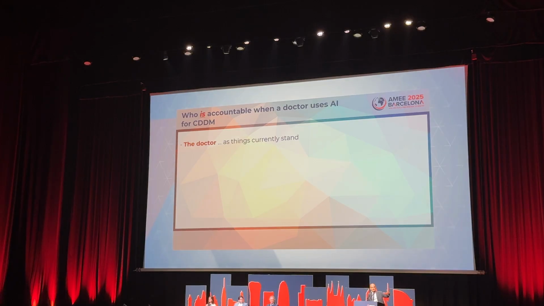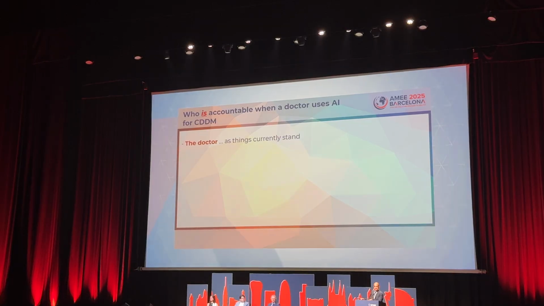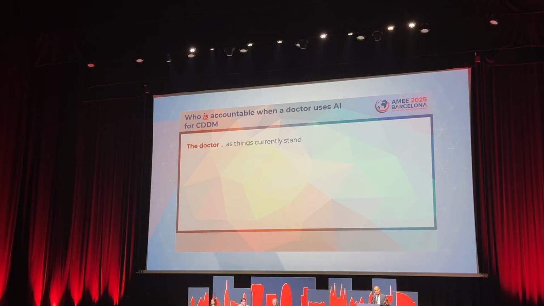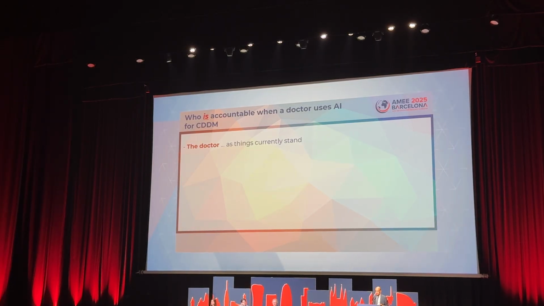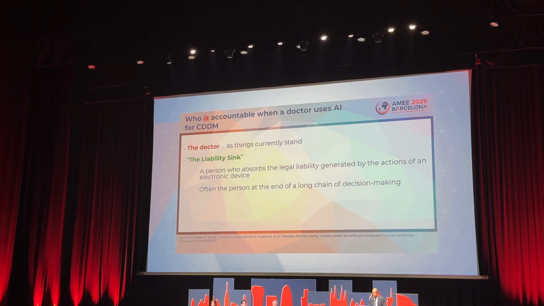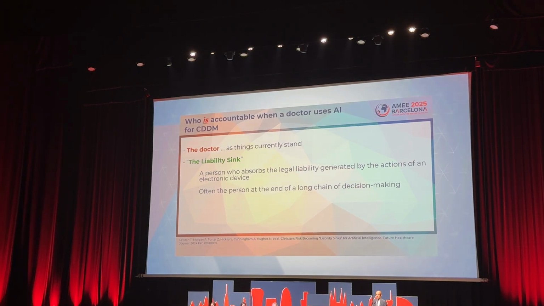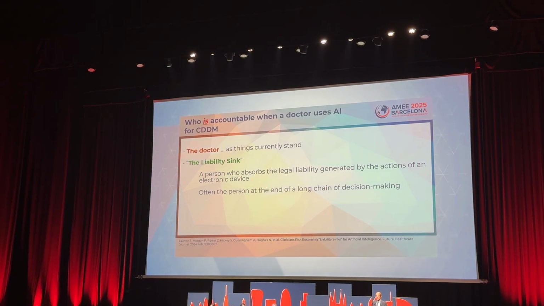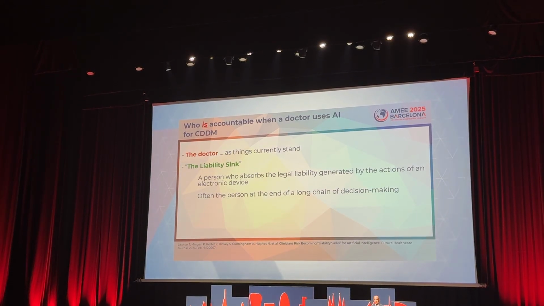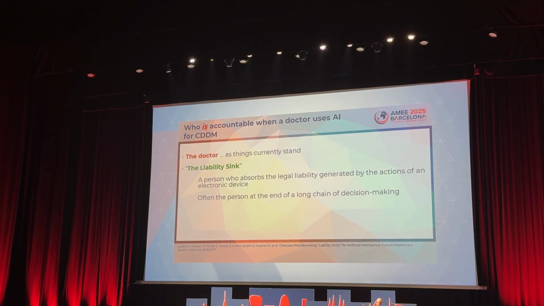And then you will start to see that in terms of legislation, the conversation is about regulation, that's slightly different, but in terms of legislation, it is a lot far behind, forget even AI, other technologies, and it hasn't been updated, and I think that is a real issue. It's a real issue because of what is known as a liability sink, or a phenomenon that's known as a liability sink. So effectively that is a person who absorbs the legal liability that's generated by actions of an electronic device. Now that is jargon, that is legal speak, but as AI is currently constituted, it would fit that definition,